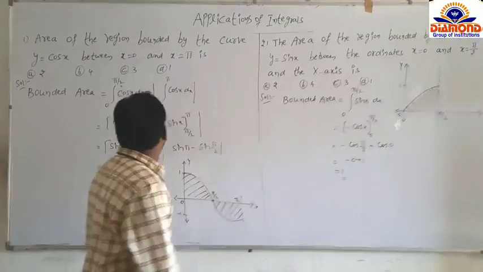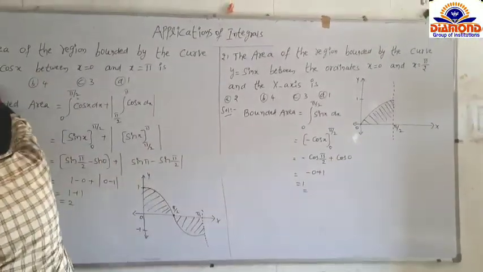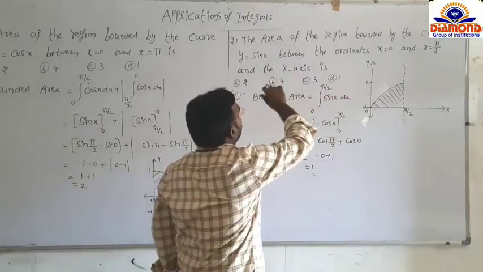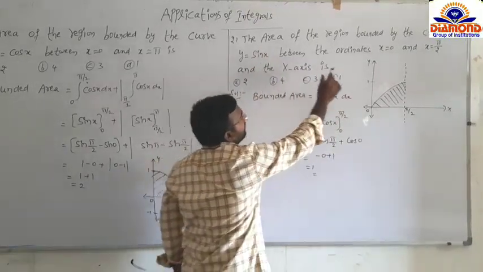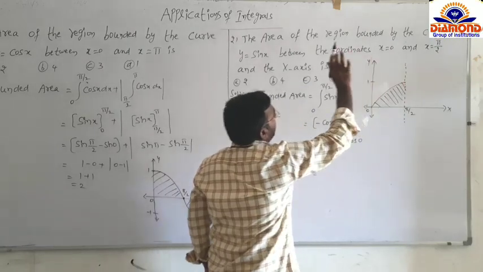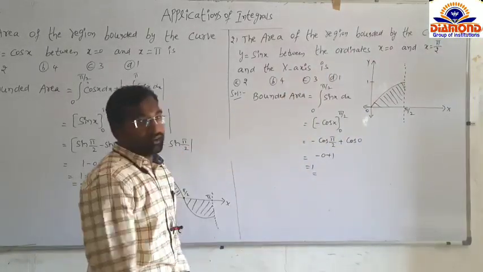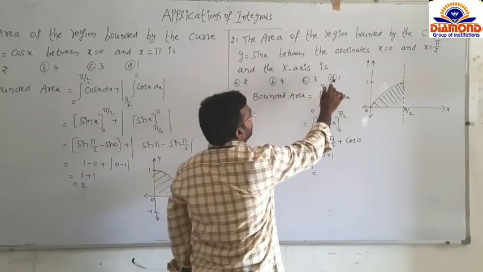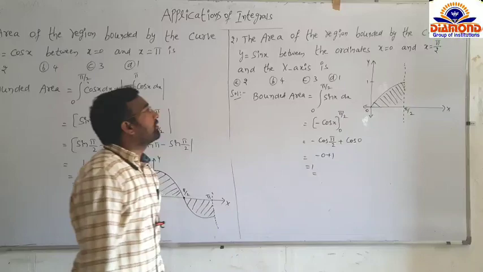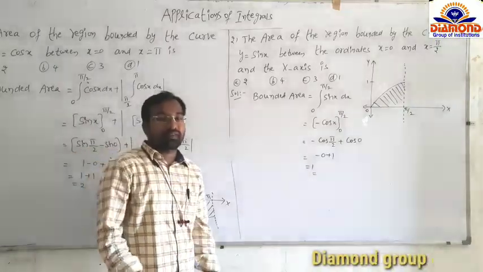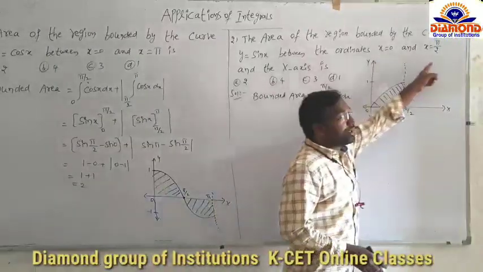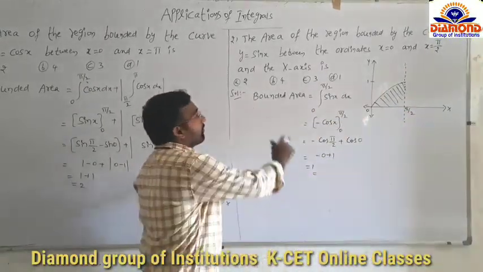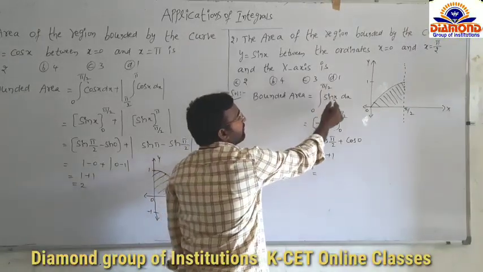Next problem. The area of the region bounded by the curve y equal to sin x between the ordinates x equal to 0 and x equal to pi by 2 and the x axis is: option A 2, option B 4, option C 3, option D 1. Already you know that sin x is positive in the first quadrant, 0 to pi by 2. The graph is like this. So the bounded area is integration 0 to pi by 2 sin x dx,